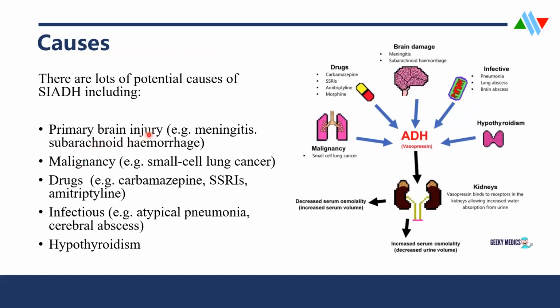are things like brain injury. So we know the location of the hypothalamus and also where the pituitary is. Some brain injuries from an infection like meningitis or subarachnoid hemorrhage might tamper with the production of ADH, and we have more of it being produced. Malignancies like small cell cancers, lung cancer, can also lead to more and more ADH being produced and no